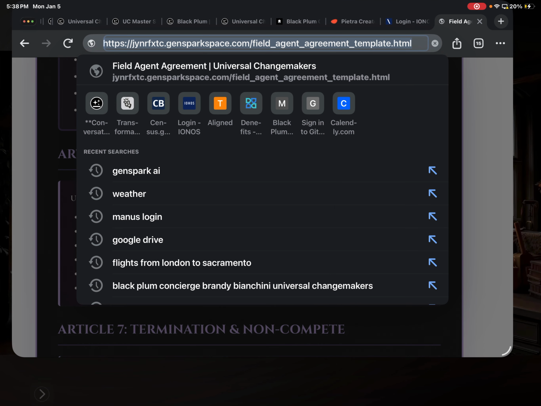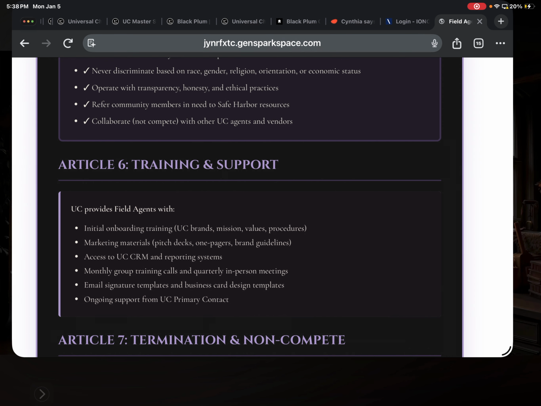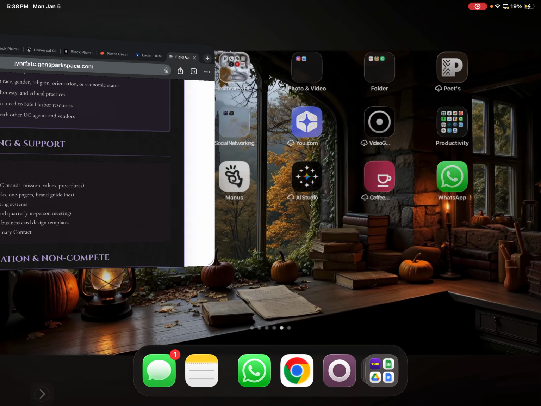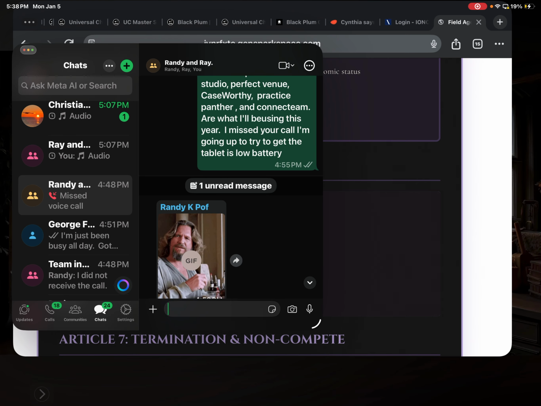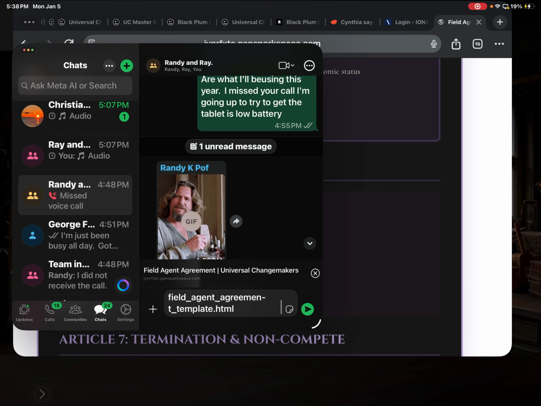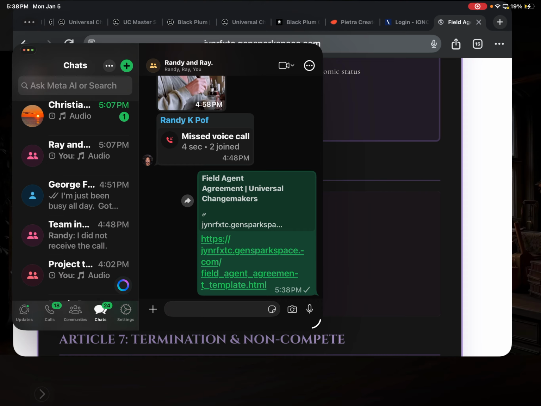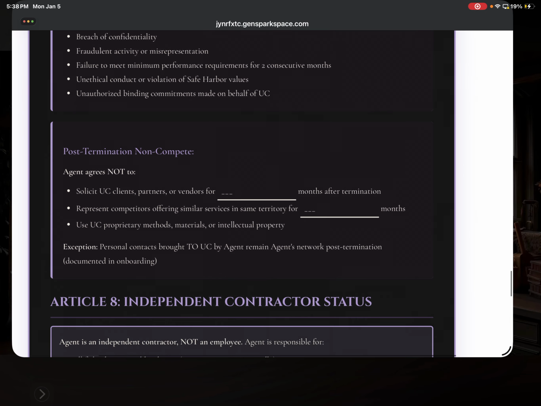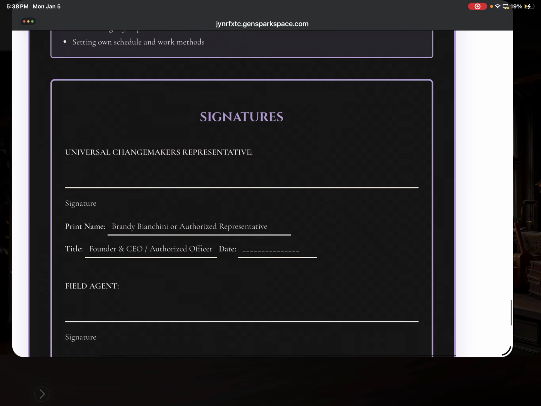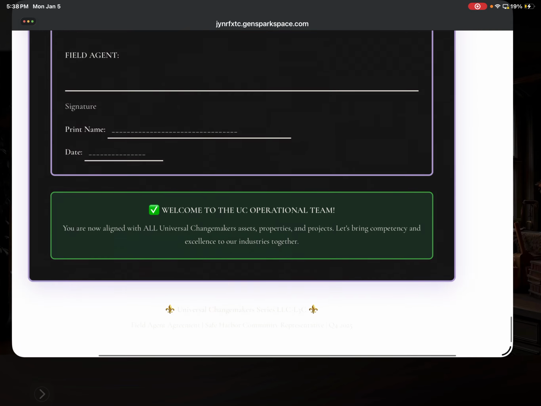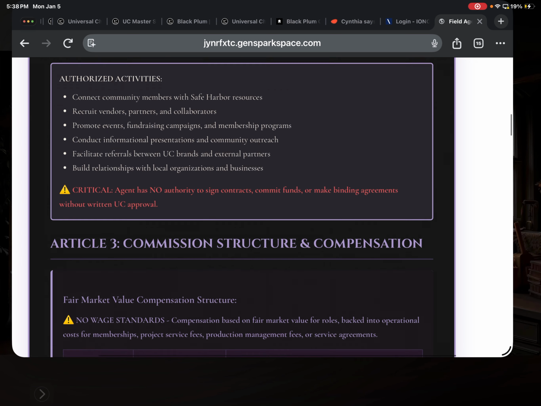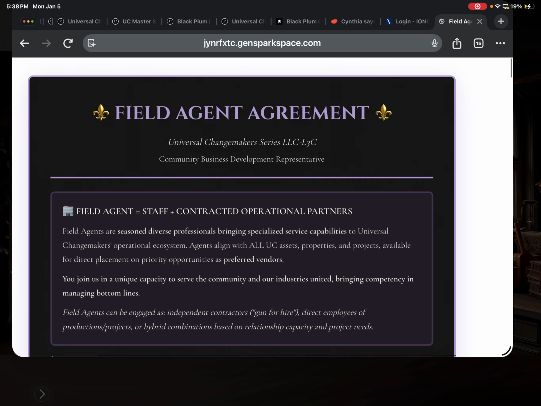Why isn't this coming in? All right, so go through this whole thing, read it. There should be quite a bit that you can navigate from here. Go back up here and go back.